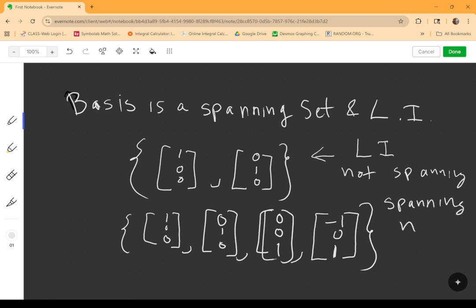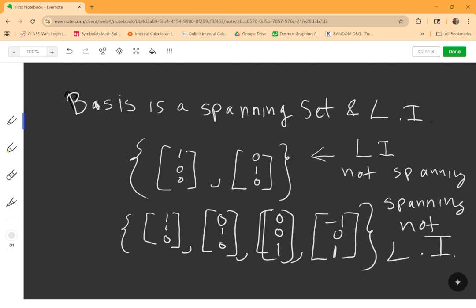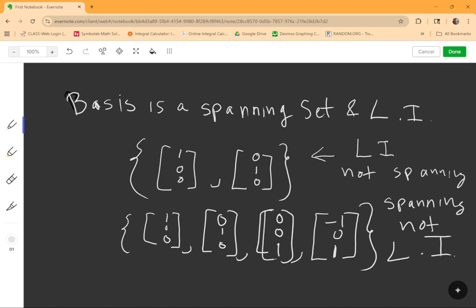Now we're going to start making our connection here, because as we've seen in other problems, the challenging part is determining whether a set spans or not. This will lead us into the topic of dimension, which we'll talk about in the next section. But here, let's take a look at our textbook